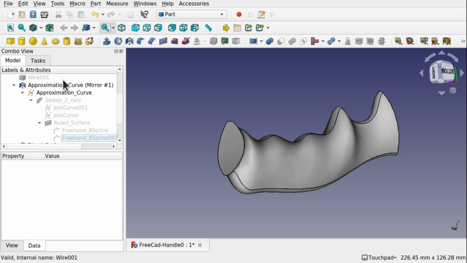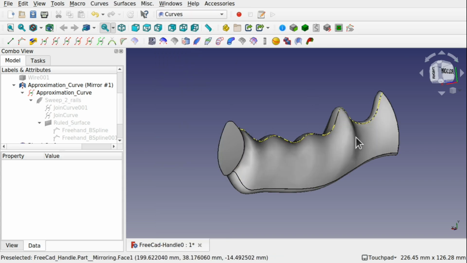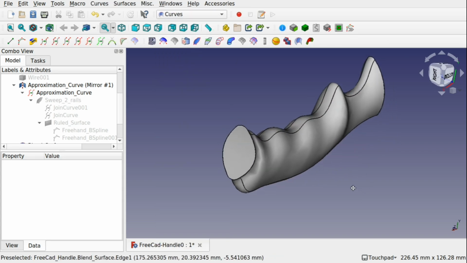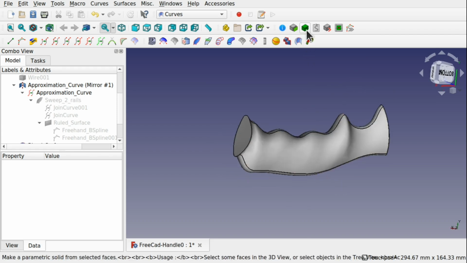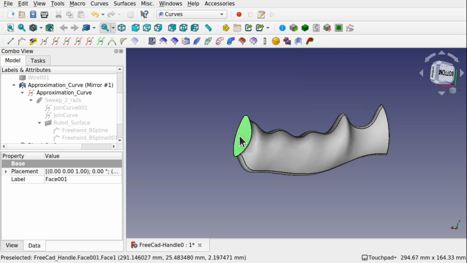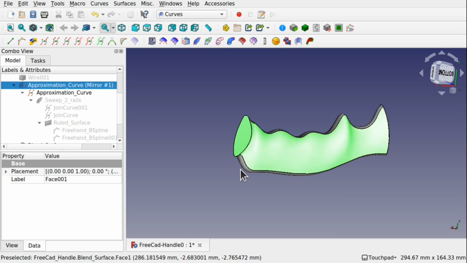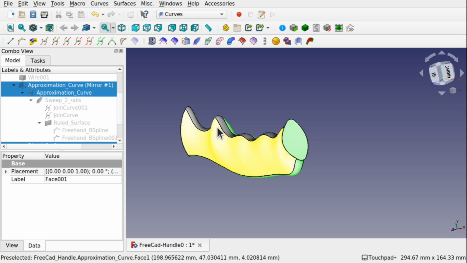Let's hit close. Now we come over to the Curves Workbench. There is a number of ways of closing this face and creating a solid body, but in the Curves Workbench there is a tool here which will give us a nice representation if it's closed or not, and that's the make a parametric solid. We select all the faces, including the blend surface, the sweep approximate NURBS